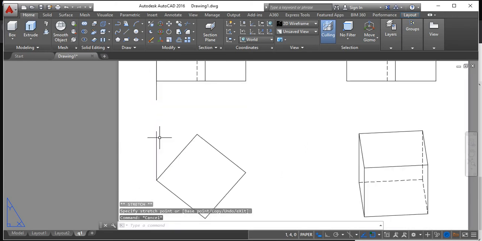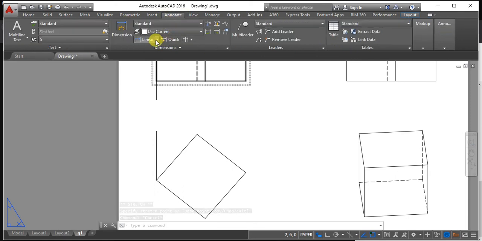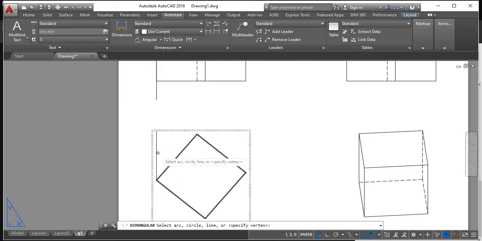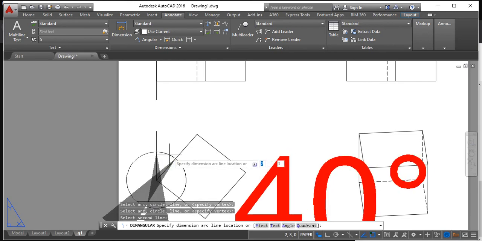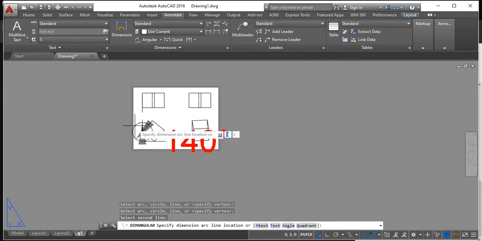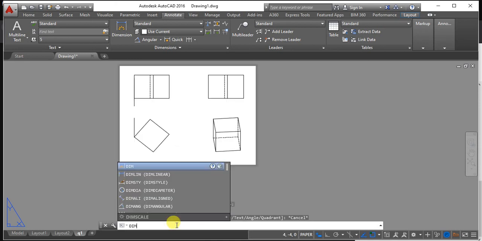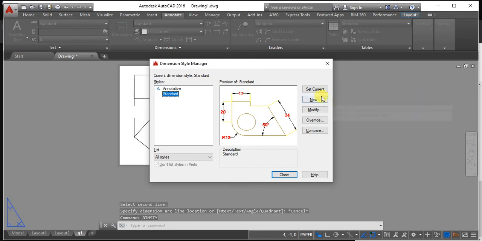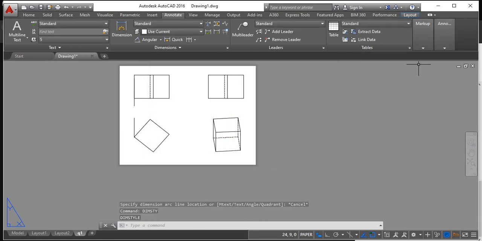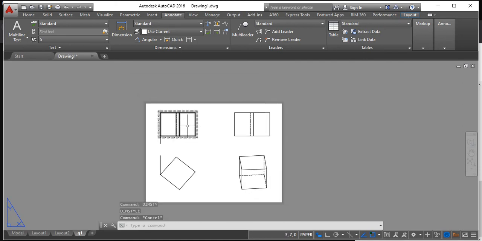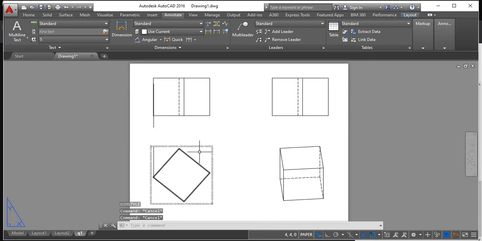In one vertical projection you can identify the angle, not only this one. So go to annotate, go for angular dimensioning. This text size is way too high. Reduce the text size, so use dim style, then modify the text size to very low. Or you can just change the parameters of the layout. Layout parameter changing and all I have told in one video, you can go through that video. Just for time purposes I am using dim style to reduce it.